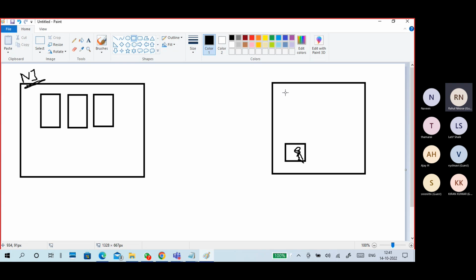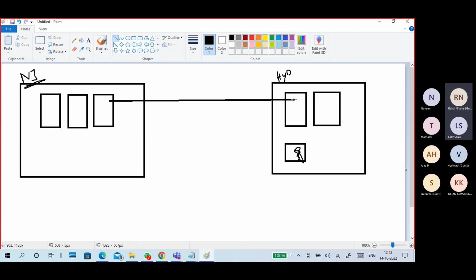Second, I have local servers in the Hyderabad office, or replica servers. It means these two servers sync with each other. For example, this is my database server, and this is also a database server, the same database.